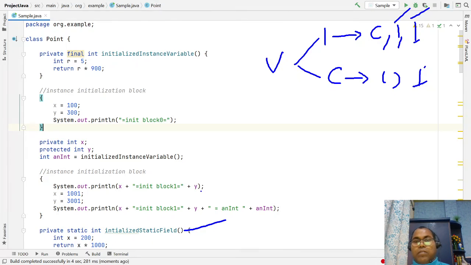So these are the approaches where you can initialize your class variable or instance variable. But you should know these two concepts: for an instance variable you can initialize with a constructor as well as the initialization block, and for a static variable you can initialize with a static block as well as your private static method.